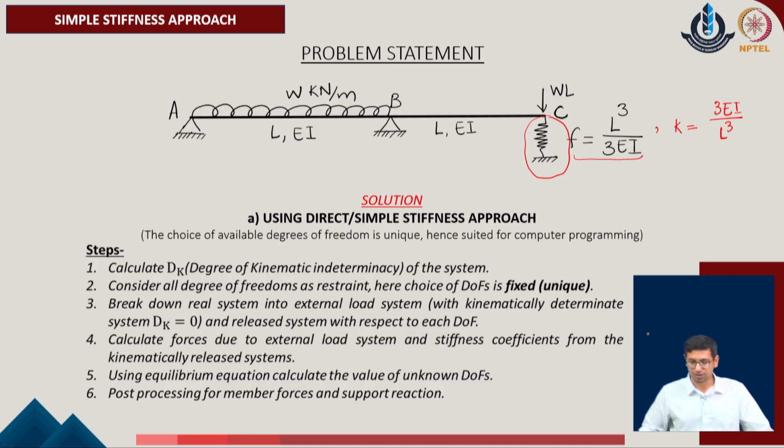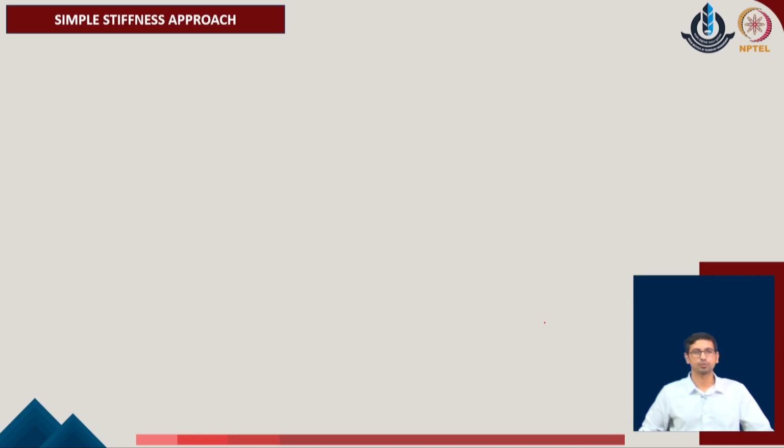The addition of all these systems together becomes the net statically similar system which we have generated for the given problem. To enforce this condition of static similarity, we identify the conditions of equilibrium in the given system. The equilibrium of the forces with respect to the individual degrees of freedom which are free in the given problem is identified, and that gives us the necessary condition to evaluate the unknown set of deformations. Then further we do simple post processing to calculate the member forces and the support reactions in the given problem. Now, we will see the next step of the given analysis.